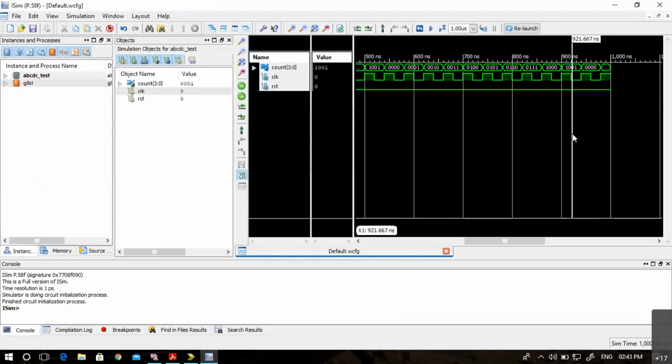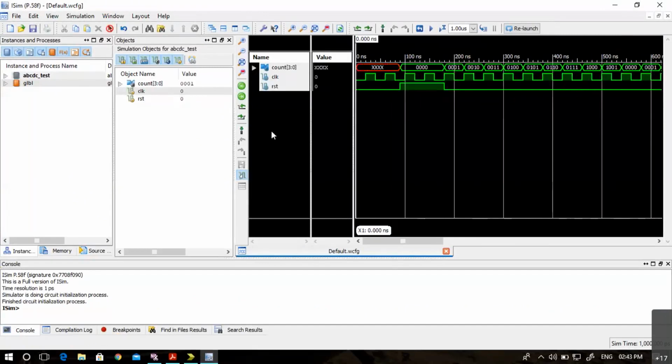So you can see this has remained BCD here. After 1001, it has become 0000. But let us see. You can see when reset has become 1, output has become 0, and it is now asynchronous.